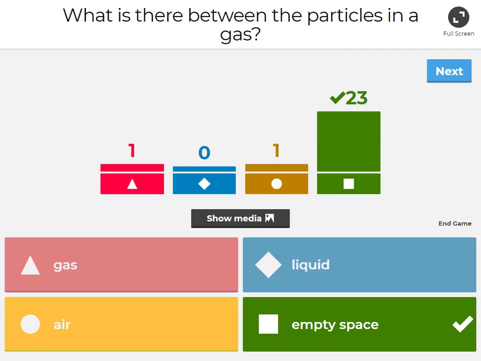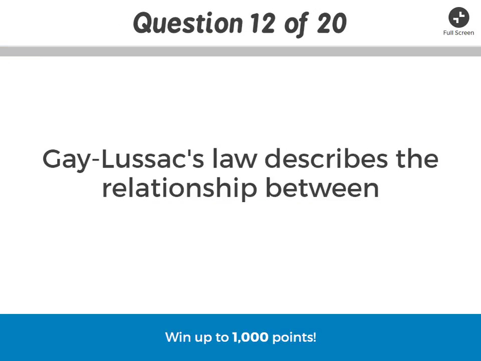Very good. But no, if we have a gas particle, you can't say there's gas particles between the gas particles, then you're not looking at the narrow enough picture. Air is considered a gas, so we would never say air is between the gas particles, again, because you're looking between 2 individual particles. There should be nothing present there. Gay-Lussac's law describes the relationship between